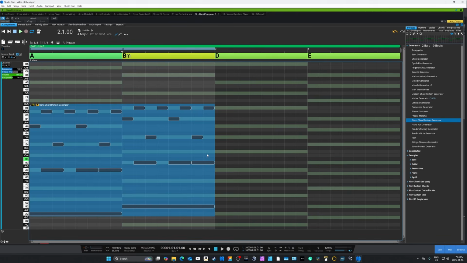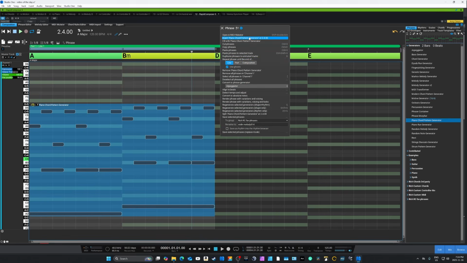And you may ask, well, what is it randomizing here? It sounds like beautiful staccato strings. What a great way to just get idea after idea after idea and pick the best ones. Well, it's all because it's a generator, and before we look at it, we're going to turn that off, and we're going to go in and right click and actually look at what